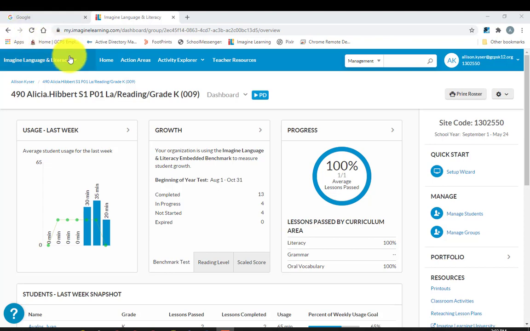I'm going to give you a brief overview of Imagine Language, the Language and Literacy Program. So when you first sign into your Imagine Learning account, you'll always see your teacher dashboard initially. And so you'll see that it has the usage for your students, growth and progress. So the usage is just showing you average usage for the past week, but you can always change it by